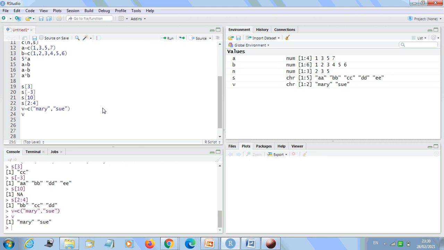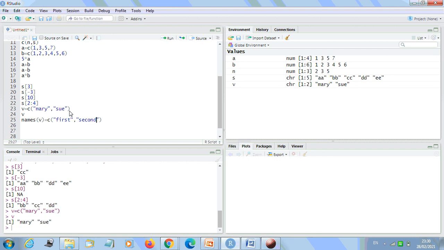Now we name the first member as first and the second as last. Let me make another vector, names, and in the brackets V. Let me write c bracket, I will write first, and second.